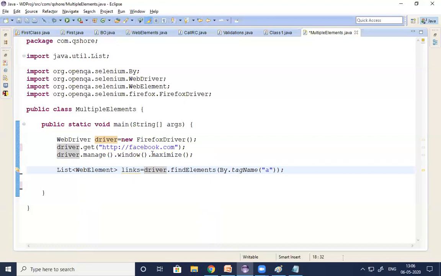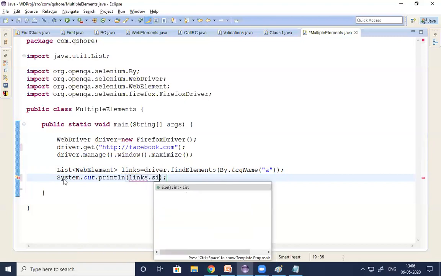It will launch the application, maximize the application, and identify the elements which have the tag name of A. Indirectly links only, guys, because every link has the tag name of A. And those links will be stored into this collection. This collection size I want to print to know the number of links. How to print the collection size, guys? System.out.println. What is the collection name? links.size(). That's all.